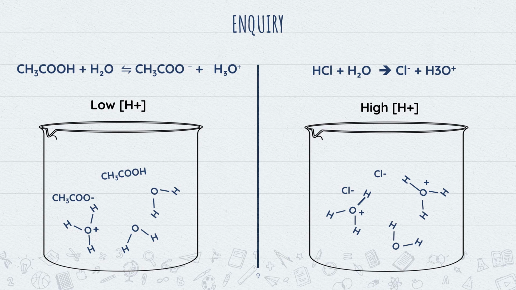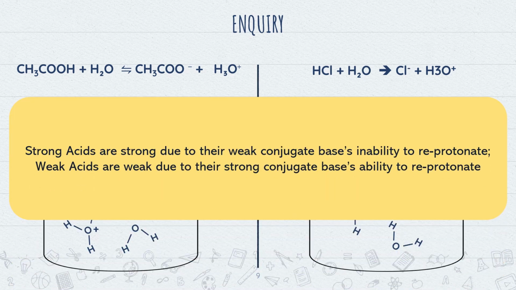Well, for the right beaker, it was the weak conjugate base of HCl, the chloride ion, that was unable to do so, which helped to preserve the high concentration of H3O plus ions. Although definitely this is not the most accurate representation, as you know that firstly there are just a few molecules, and secondly for equilibrium reactions the forward and backward reactions are constantly happening, but we can derive how to answer the first question, which is that a strong acid is strong due to the weak conjugate base's inability